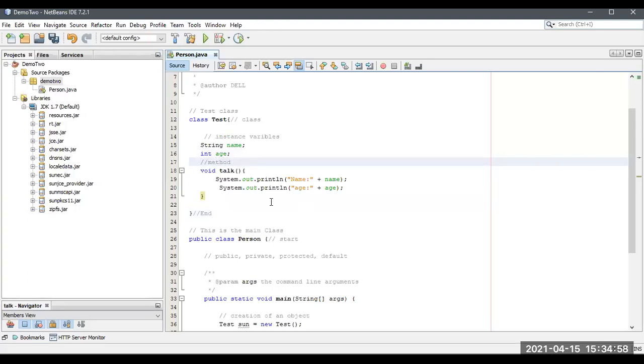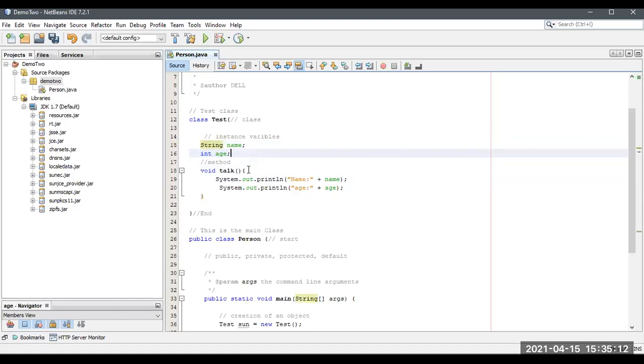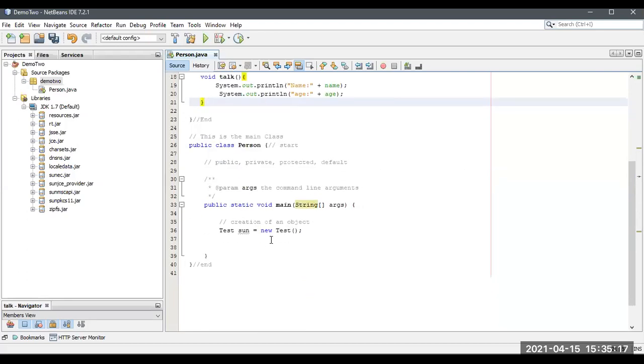Inside the C language, we call it a function. Inside a Java class, we call it a method. So we consider a person with these qualities and this is the action of that particular person. I've created an object and now I'm going to access. Let me access. After the creation of an object, I'm going to wait.